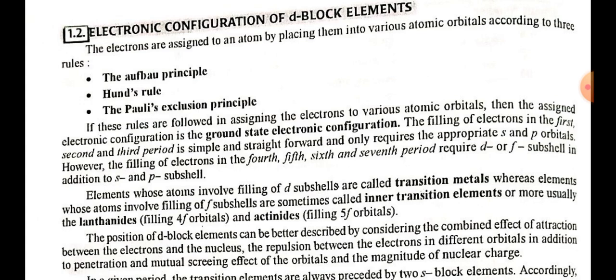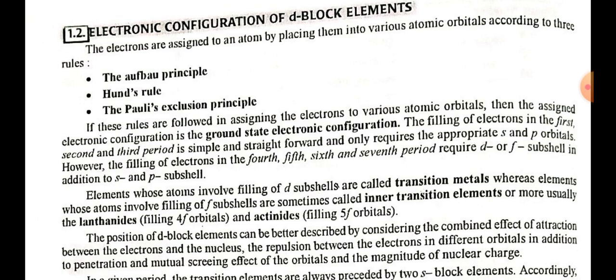So now coming to the electronic configuration of d block elements. Electrons are assigned to an atom by placing them into various atomic orbitals according to three rules, that is of Aufbau, Hund's, and the Pauli exclusion. If these rules are followed in assigning the electrons to various atomic orbitals, the assigned electronic configuration is the ground